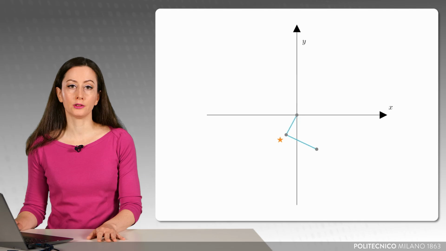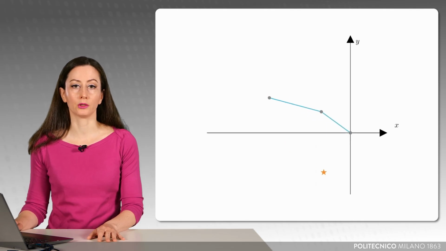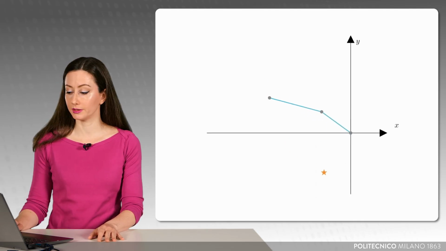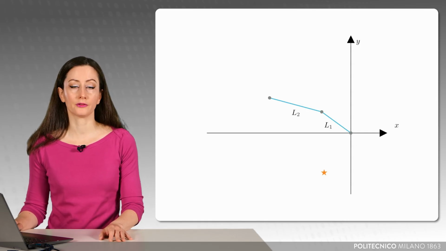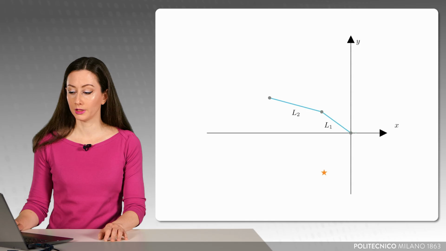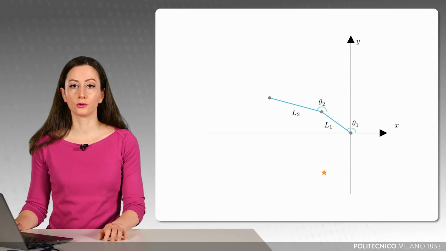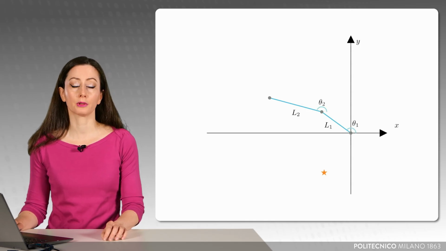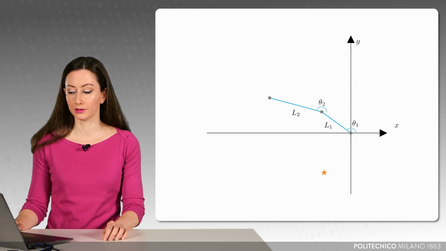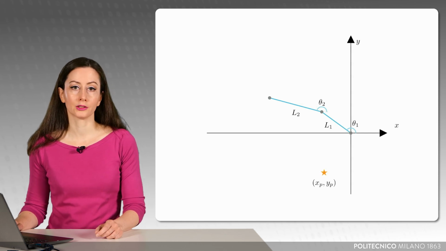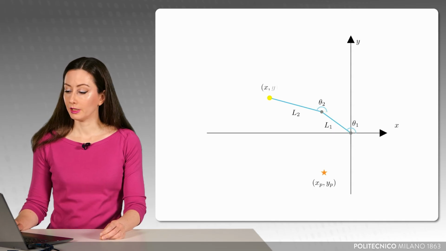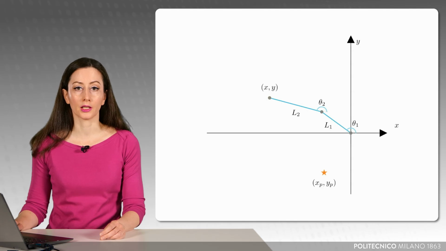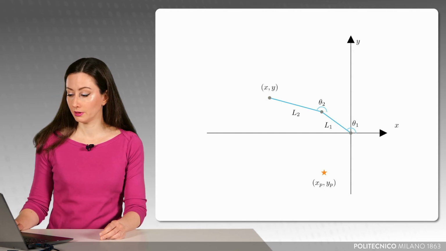As we said, we consider the mechanical arm moving in the xy plane with the base fixed at the origin of the axis. So let's define its geometry. We have two joint segments having a fixed length L1 and L2. And θ1 and θ2 are the two angles of the first and second segment relative to the x-axis, respectively. Our target is the orange star, which has coordinates xp, yp, and the point x, y is the position of the tip of the arm, which depends only on the angles θ1 and θ2.